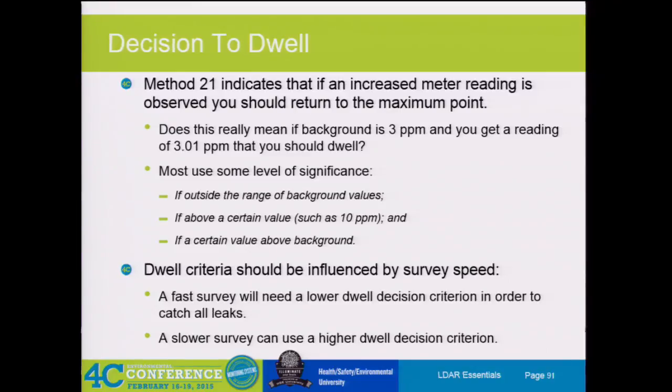Dwell criteria should be influenced by survey speed. A fast survey will need a lower dwell decision in order to catch all leaks. A slower survey can use a higher dwell decision criterion. So what we're saying here is, if you put a rule into your program that says, for every component, you're going to monitor for 60 seconds, well, with the